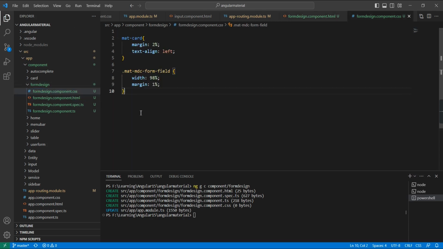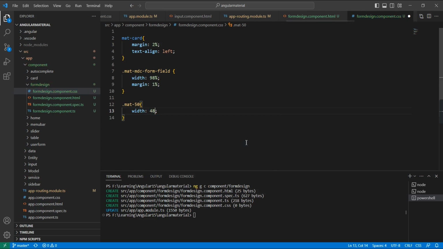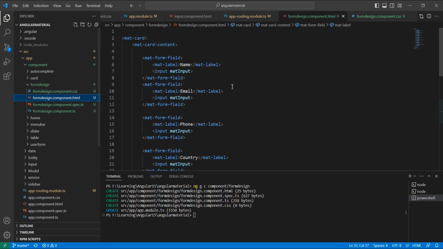Before that, let me define one custom class, mat50, and the width is 48 percent and margin 1 percent. Let me save this one. We can take this class. The first field, name, is fine, and here let me include this class mat50. The second field is email, so we can have the input field, that is also fine, and here also let me use the same class. The third one is phone, so here also the input field is fine,